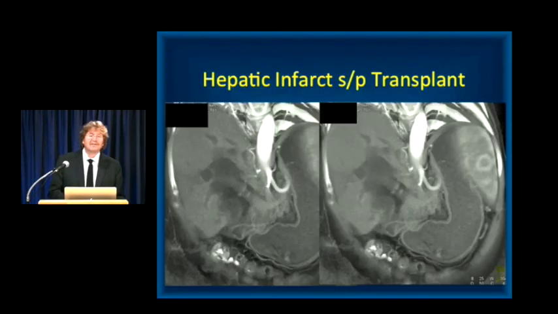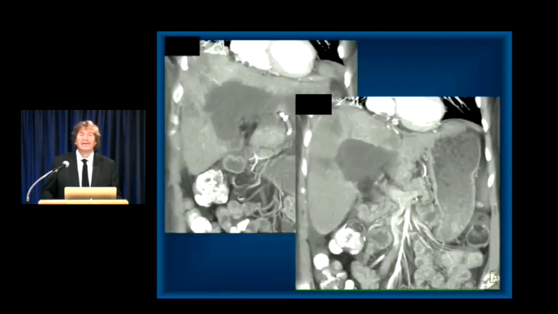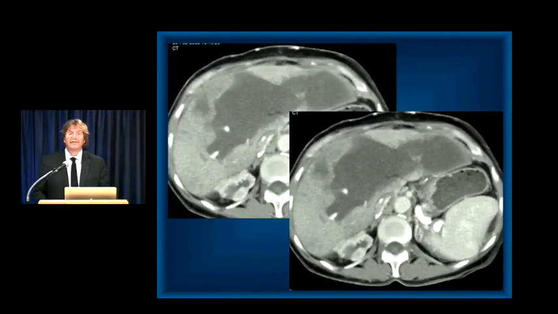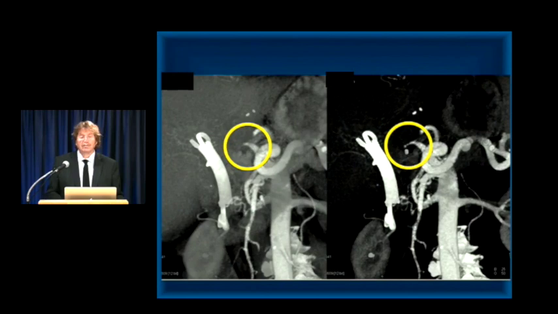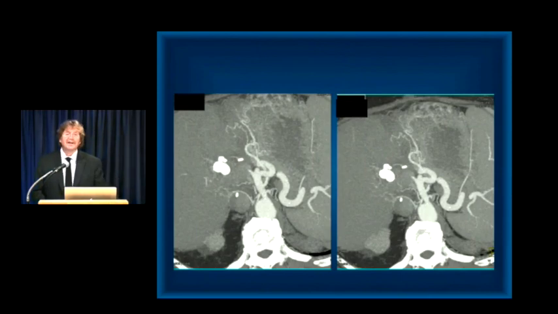There are a range of causes of infarcts, from occlusion of venous structures to emboli, to a patient like this who's post-liver transplant with fever, with a very large infarct of the patient's portal vein. You can see the larger infarct as well as multiple small infarcts. That's the appearance. It almost looks like necrotic liver, which in fact it indeed is. When you're looking at a patient post-liver transplant, you look carefully at the hepatic artery. In this case, you can see the hepatic artery is occluded proximally, and when you have that occlusion, it's no surprise that the patient will develop hepatic infarcts. And you can see as I go through the images, the cutoff of the patient's hepatic artery very nicely shown,